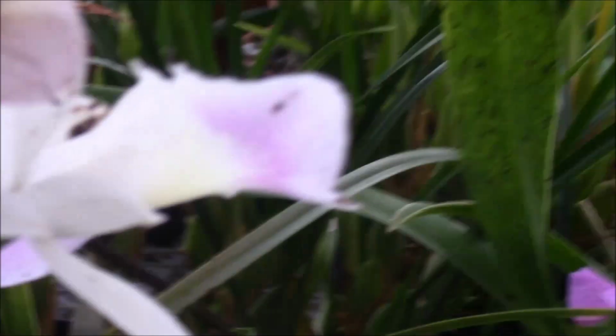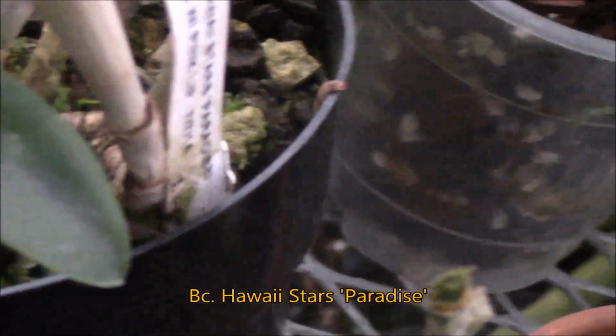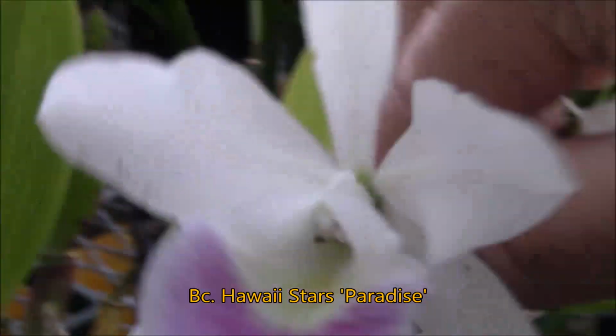We got some other Cattleyas blooming here. I apologize, some of the flowers are getting kind of old. But here we have Hawaiian Stars. Is this Pink Lace, I believe? I can't see the tag real well. Paradise, Hawaiian Stars Paradise, and